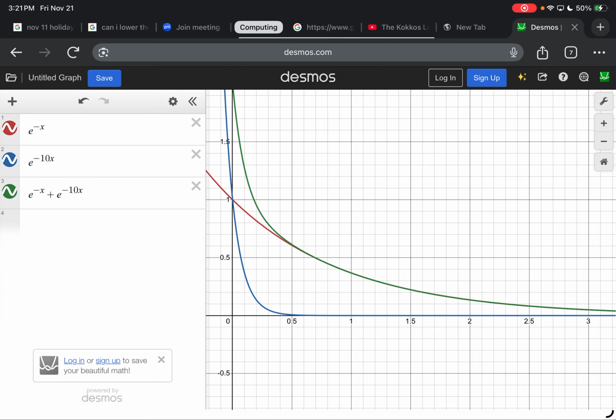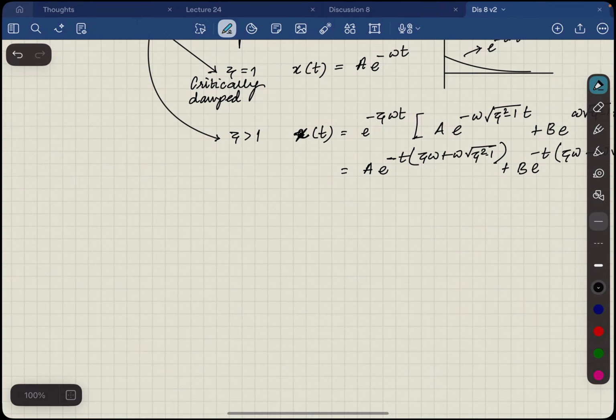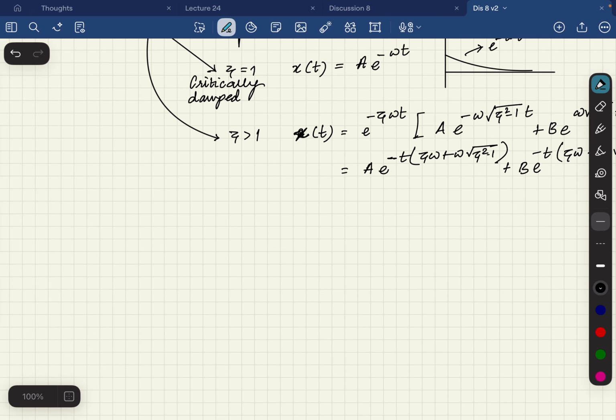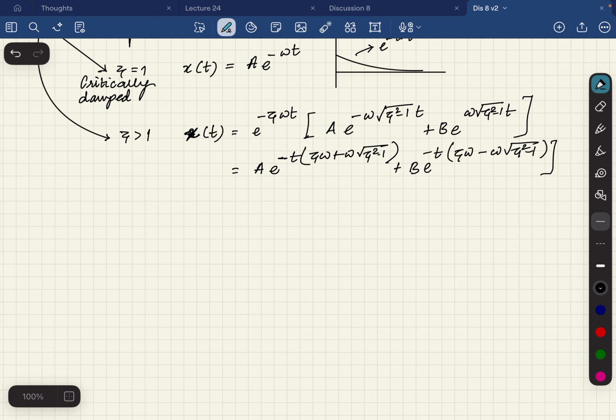It's still decreasing, and the green one is a combination of both. In the long run, you can see that the green one almost coincides with the red one, which is the one that decays slowly. So the slower the decay, the more dominant it is going to be later on. So this is called an overdamped system,